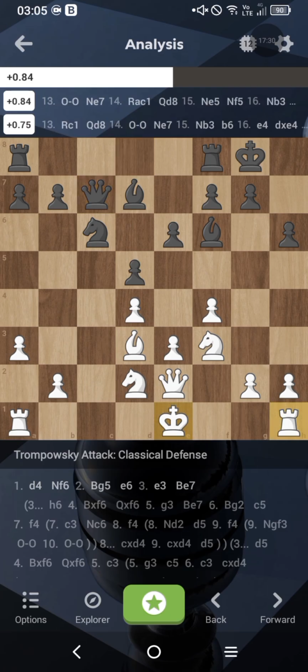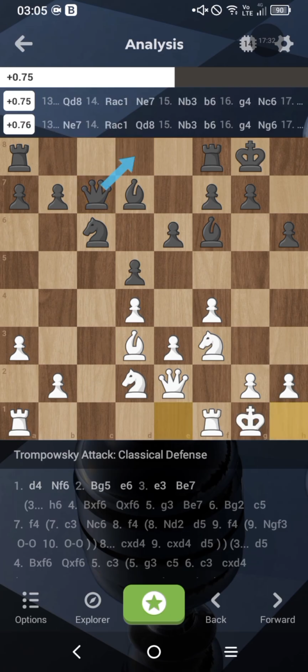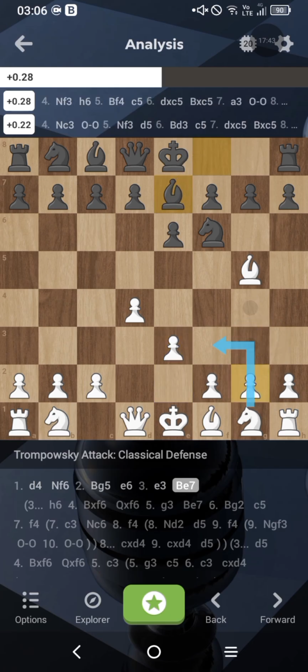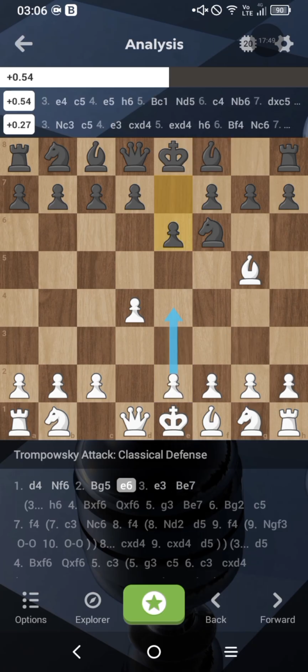That's pretty much it. This is what you need to know for the e6 classical defense if you're just starting out on the Trompowsky. If you want to take it to the next level, which I do not, I prefer to stick with the e3 and g3 setups. I will show you some of the other lines. I will start by showing you